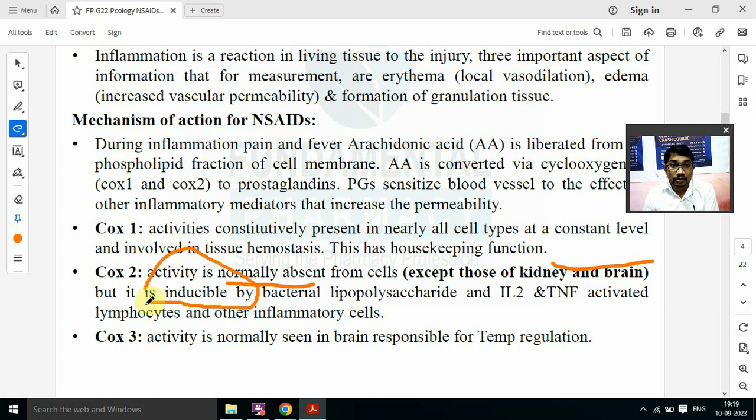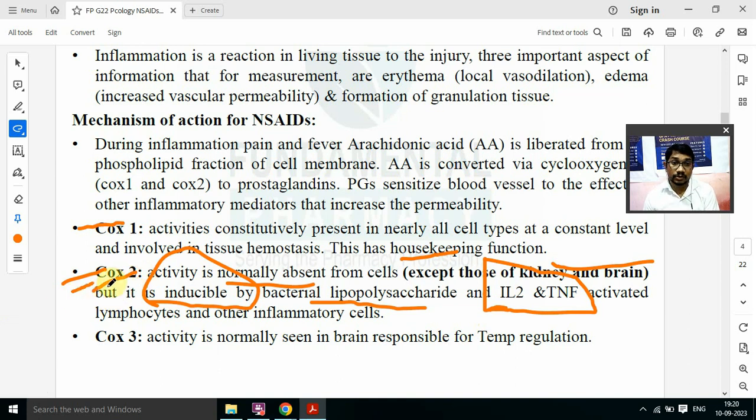इसके ऊपर क्वेश्चन आ चुका है. Which of the following COX is inducible? COX1, COX2, COX3. COX2 is inducible. COX1 is a constitutive enzyme and it is a housekeeping function. ये क्वेश्चन आ चुका है. Now COX2 activity is increased in case of inflammation and pain. जहाँ पे inflammation होता है, जहाँ पे pain होता है, ठीक है. So it is inducible by bacterial lipopolysaccharide, that is the pyrogens and inflammatory chemicals like interleukin-2 and tumor necrotic factor. जहाँ पे भी inflammation आएगा, ये इसका activity बढ़ जाएगा, है ना.